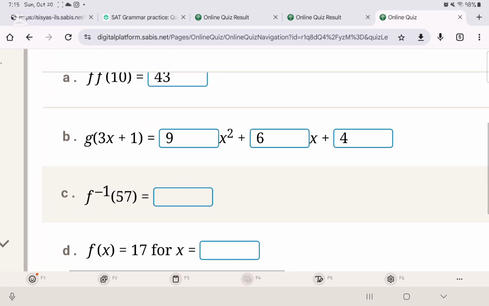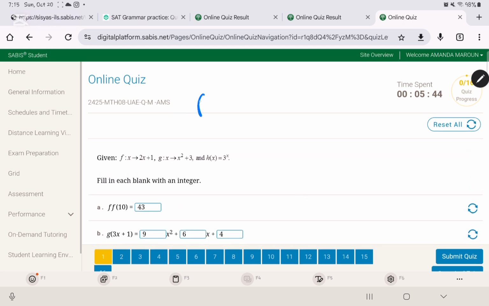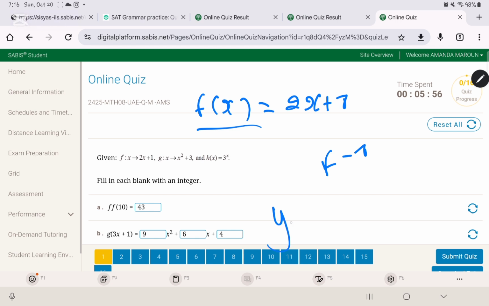Now f(f inverse(57)). This is a nice question. I don't think it's come across before, but it's a very nice question. F inverse. If you remember, they would give us f, for example. Here we know that f(x) is equal to 2x plus 1. And they would ask us to find f inverse. To find f inverse, we would change this to y. So now y is equal to 2x plus 1,